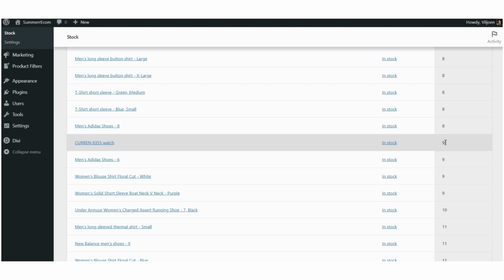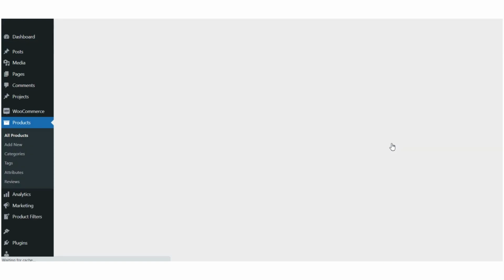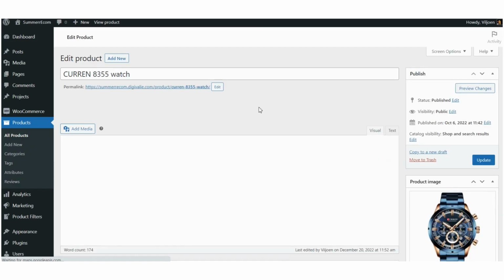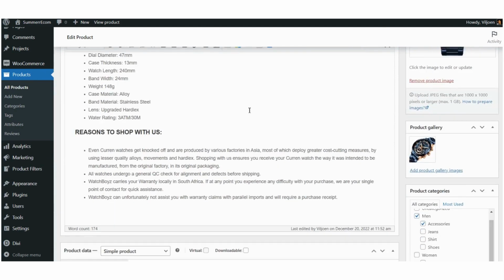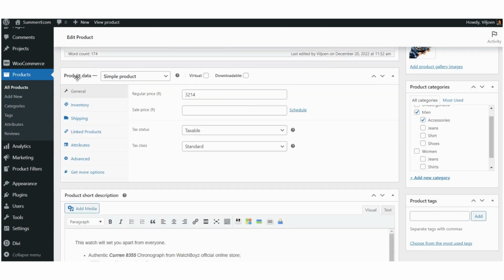But let's say I just received an additional 6 units. So in order to update the stock level, I'm going to go to where it says in stock. I'm going to click on it. And that's going to take me to the product page. And you can see here's the name of the product, and when you scroll down, you're going to go to the section where it says product data. Here you can see we work with a simple product, and you want to click here where it says inventory,